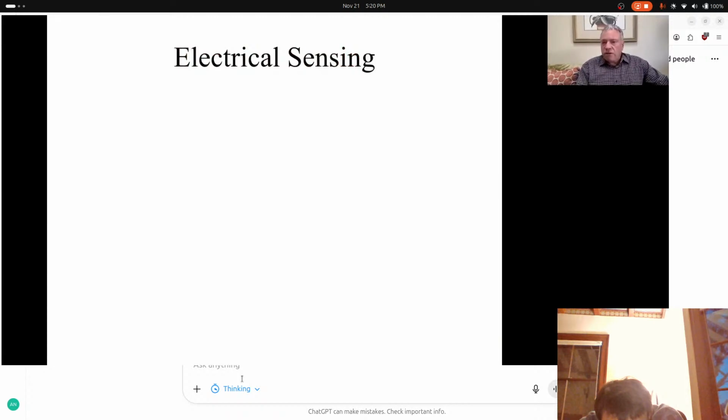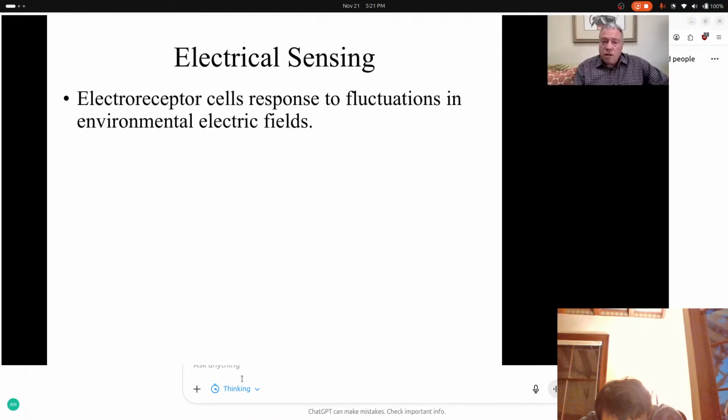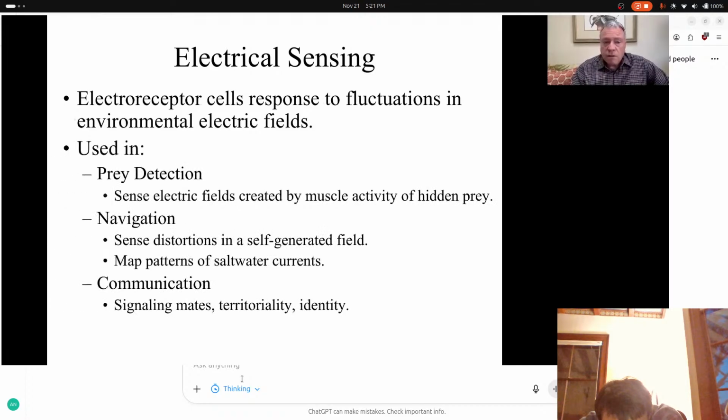So that's infrared sensing. What about other spectrum of the electromagnetic system, like electrical fields? There are some animals that have sensors, and in that case, we're not really sure how they work, we just know that they do, that can detect fluctuations in electrical fields. And so they can use this to detect prey, for example. So for example, when you're creating all those neurochemical impulses from nerve activity or muscle activity, those create little tiny electrical fields. And so if you can detect electrical fields, you can detect where somebody